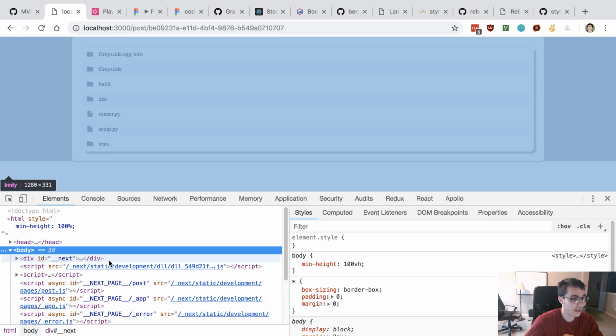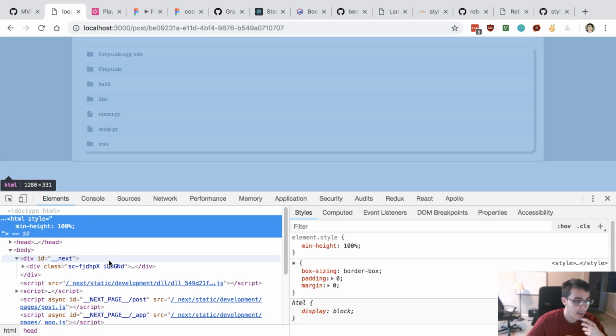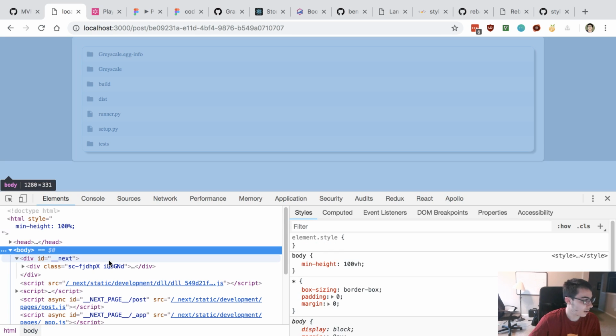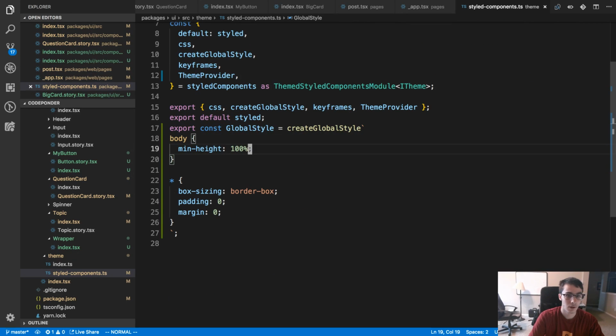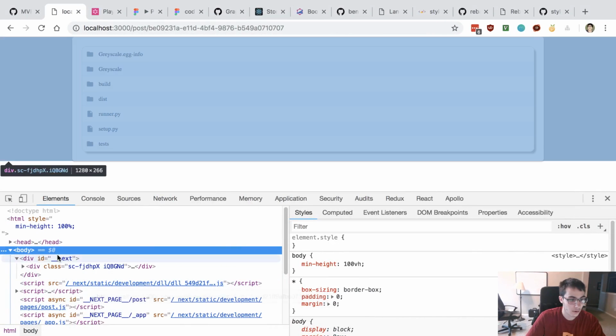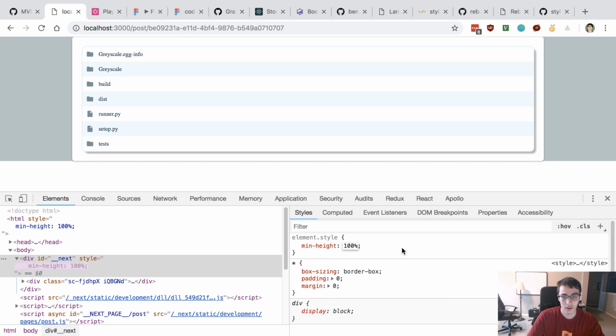The other thing is there's this next div. So that's the other thing that I also need to add it. Well, when I add HTML min height 100%, it works. I'm not sure why the body having a min height of 100% didn't work for that. So what I do next, min height 100%.